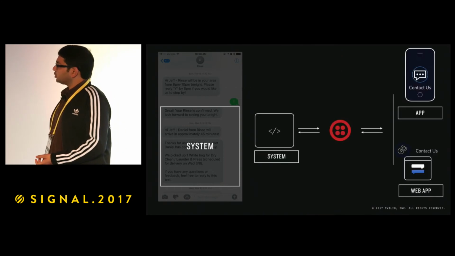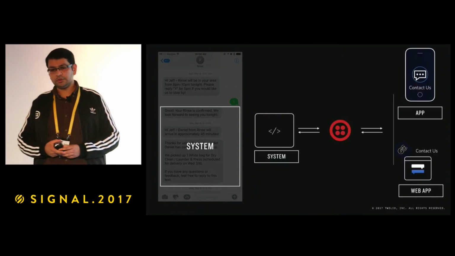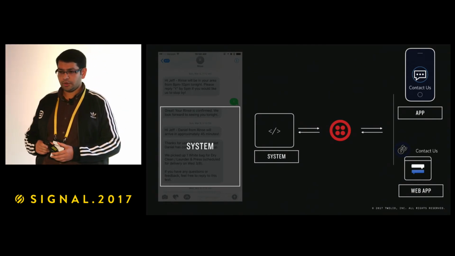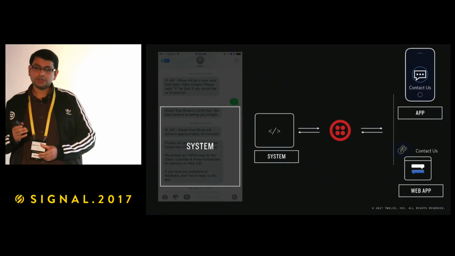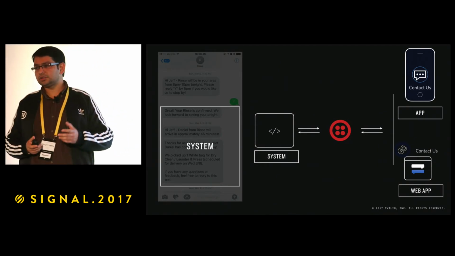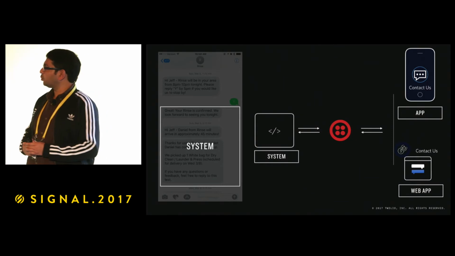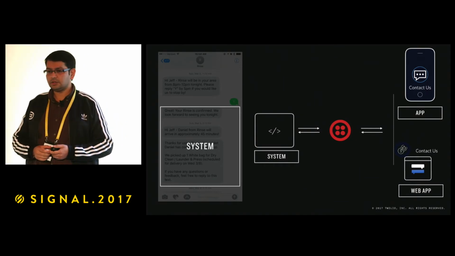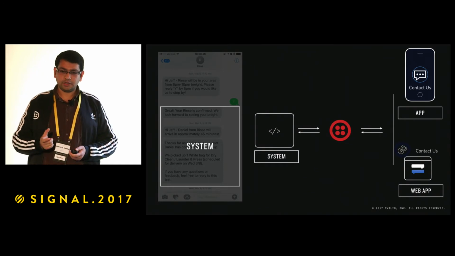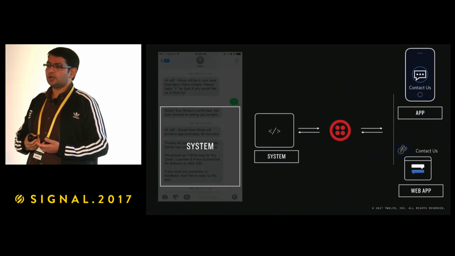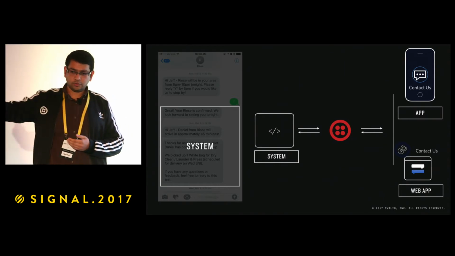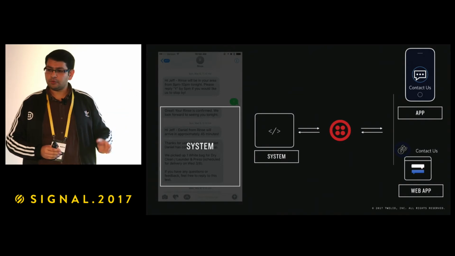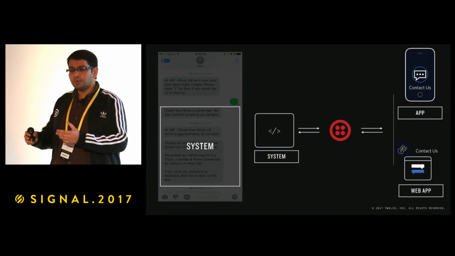All right, so system. Now in this workflow, usually programmable chat sits on the client end, so it could be your mobile app or your web chat, and on the other side is mostly an automated response system. And this automated response system could be a set of if-else conditions. So, in the example Tanya mentioned, there was a Y or N as an expected response. But it could also be a bot which understands the context of the previous messages, which understands the intent. It's able to match different phrases to one intent. So it could be more intelligent.